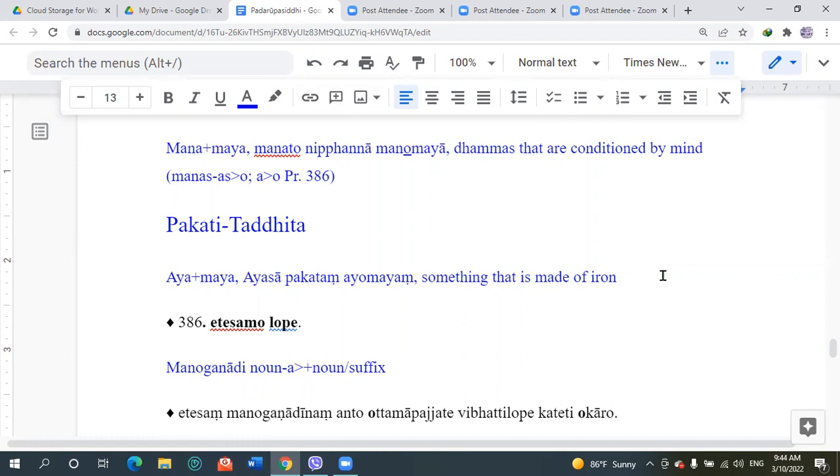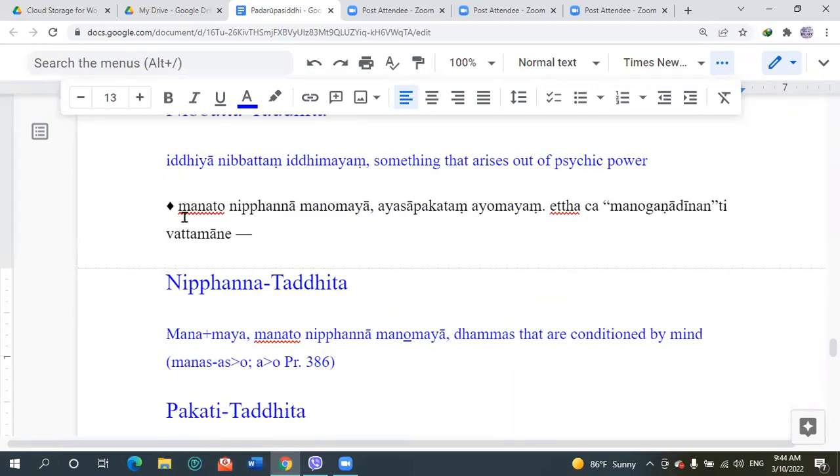The R is silent. Yes. Iron. Okay, that is made of iron. You can say beautifully, iron made, right? Iron made. Compound adjective. Okay. So Manadoni Pana, Manomaya, Yasa Pagatan,